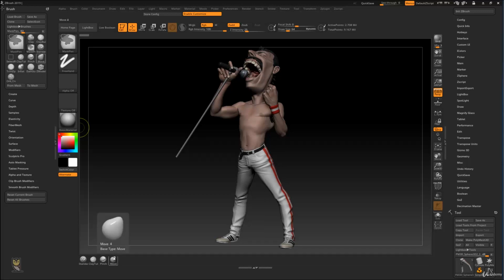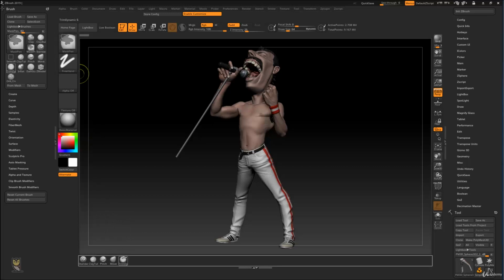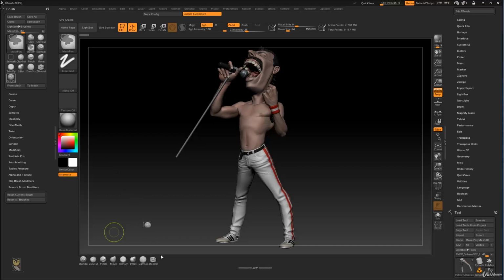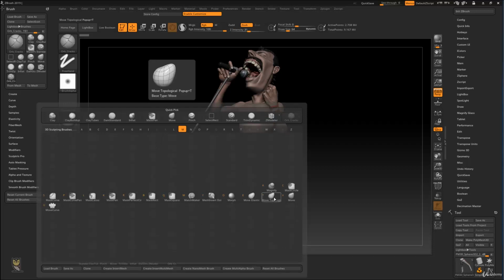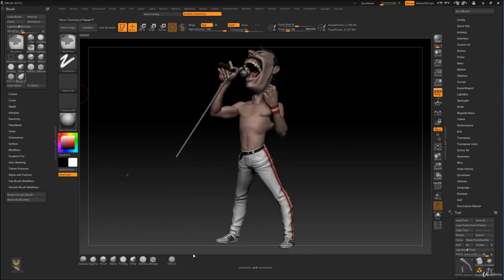Okay, now I have the shortcuts, but I will show you how to make them. Trim dynamic is 5, inflate is 6, dam standard is 7, Z-modeler is 8, orb crack is a little bit different, and then we will add one more, BM, move topology, very, very important brush also, and we're done